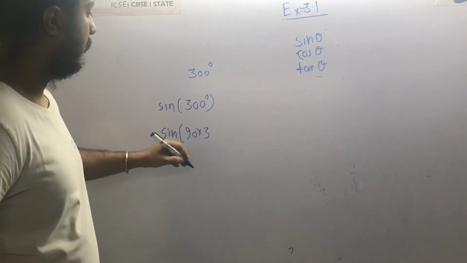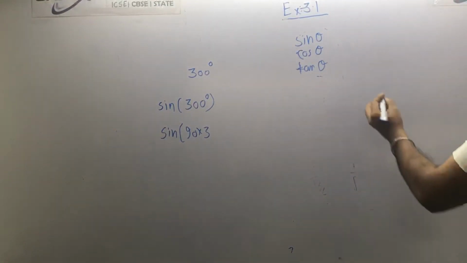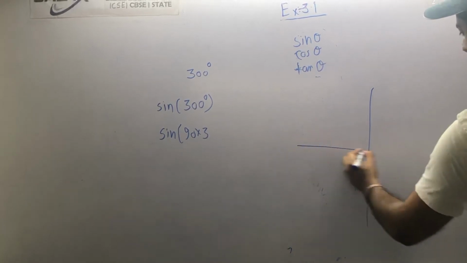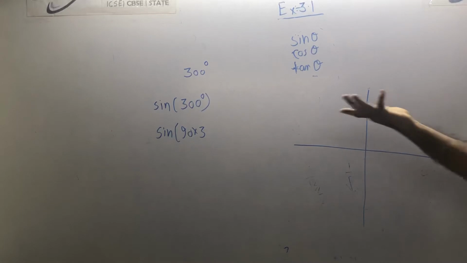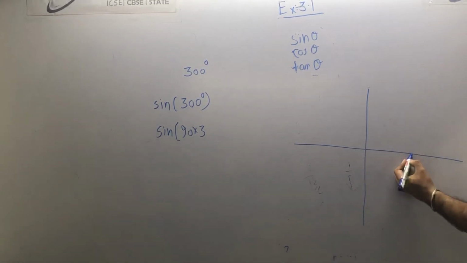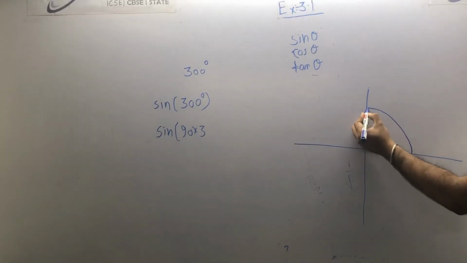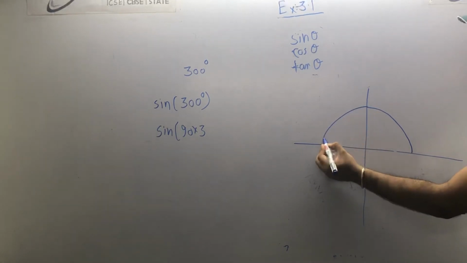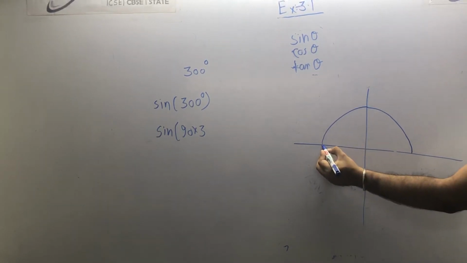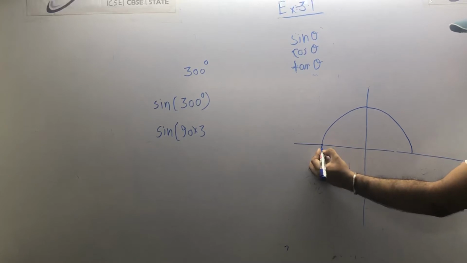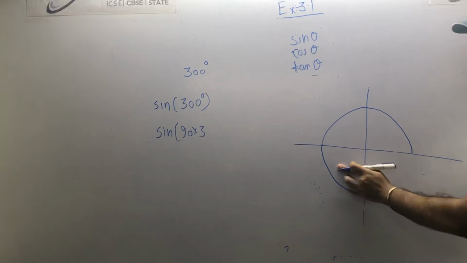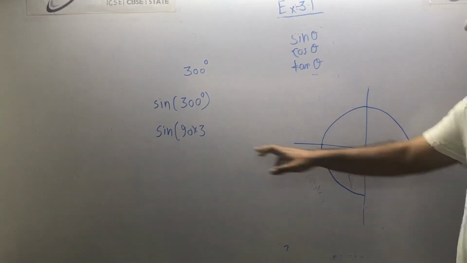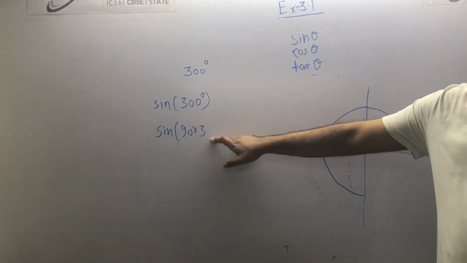270. Okay, see, if anybody has a problem understanding what I am talking about, just make a rough drawing. I can understand this is the first time you all are doing this. From here to here is 90 degrees. From here to here is 180 degrees. I hope you all know what I am doing here. Here to here is 270. So that's how I wrote 90 into 3.